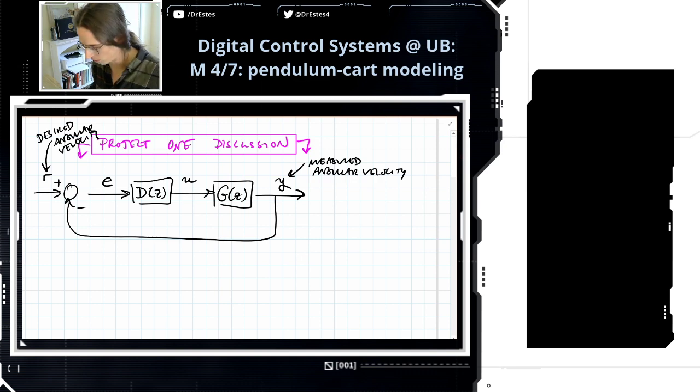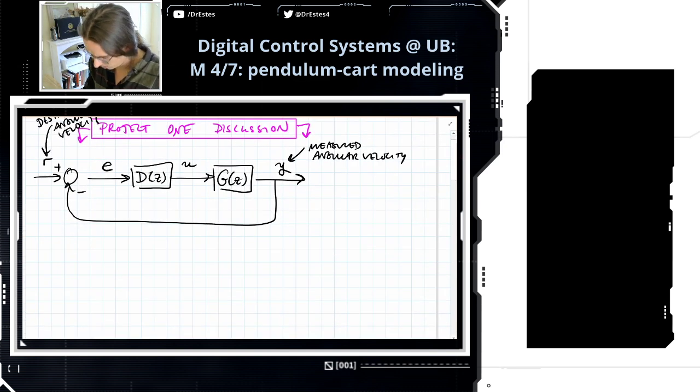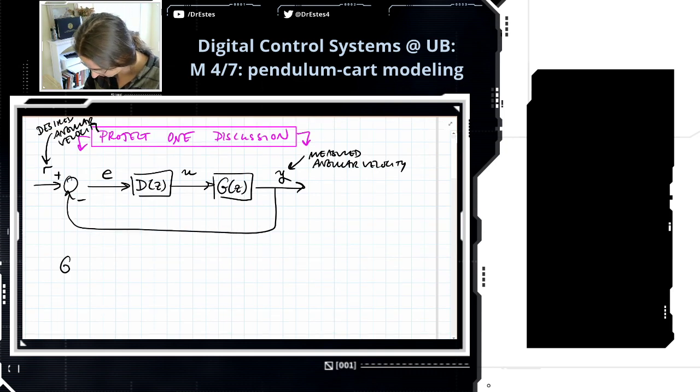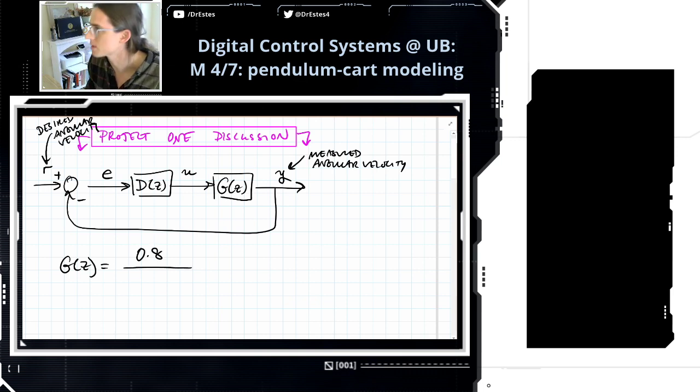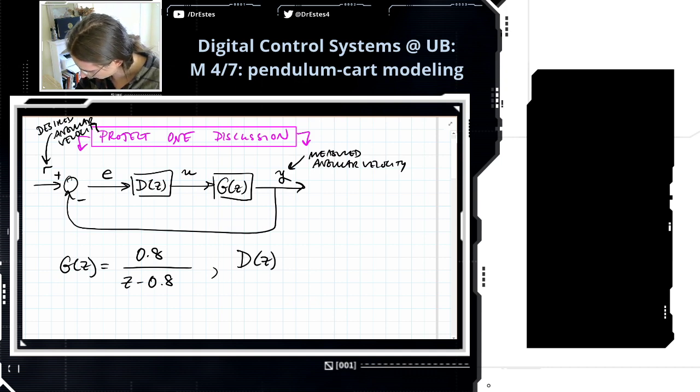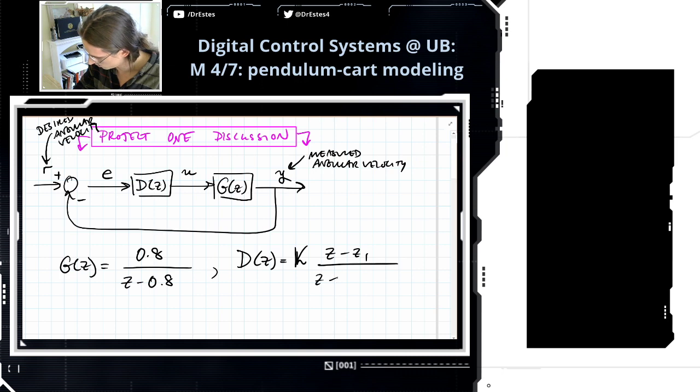Okay, I want to make up something here. So in the project, we have a first order transfer function. And I'm going to make one up right here. It's going to be something similar, not the same. So it's first order. And then I'm giving you a form for the controller. I want a gain times a 0. And it has 2 poles. These should be minus signs down here.